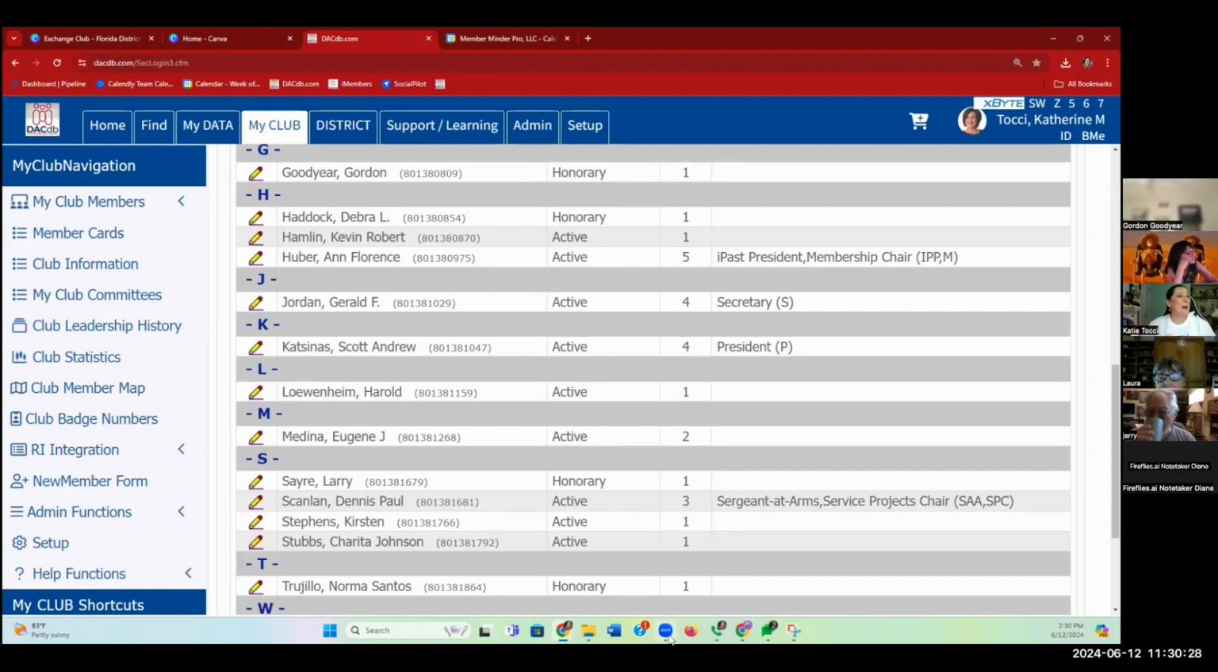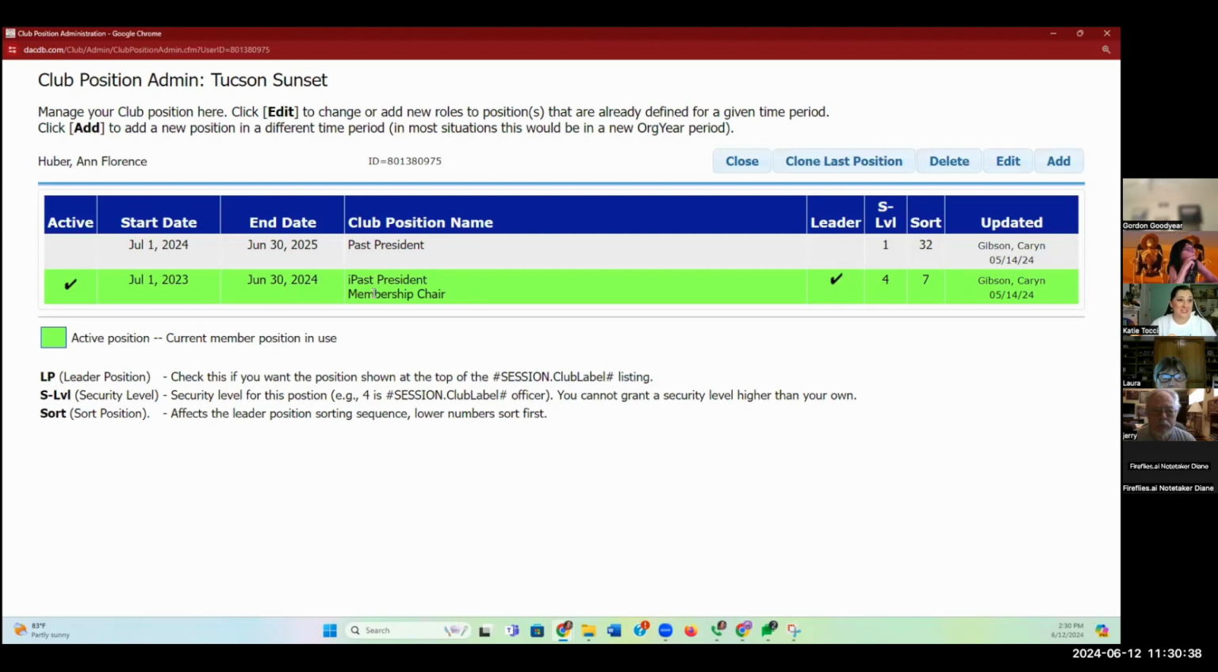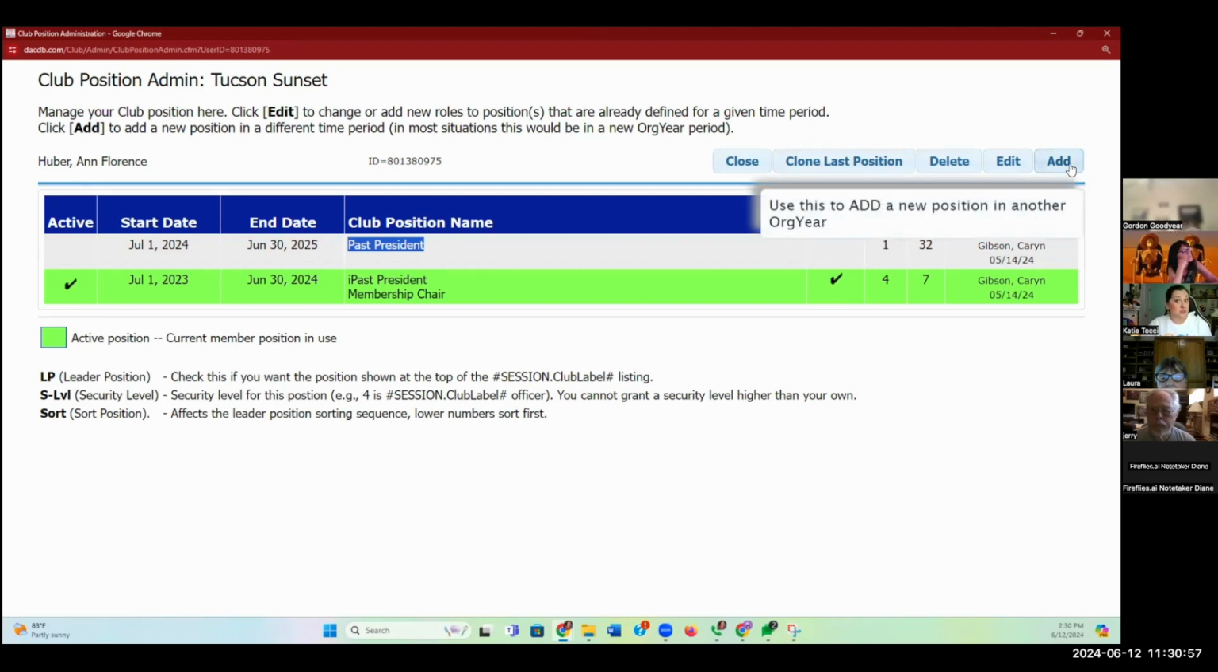Now, Anne here, if we click on Anne, you'll notice she is immediate past president this year, which means the system knows she needs to be moved to past president next year. So that's already there. Does she also plan on serving as membership chair again? Yes. So let's go ahead and add her as membership chair so I can show you how to do that. If I click on add in the top right corner,